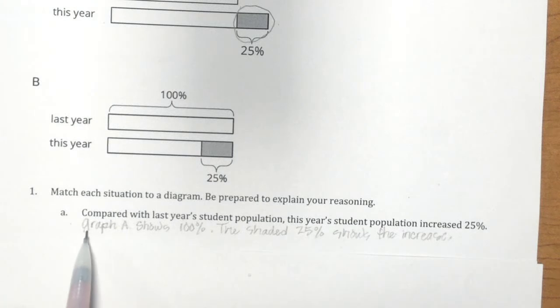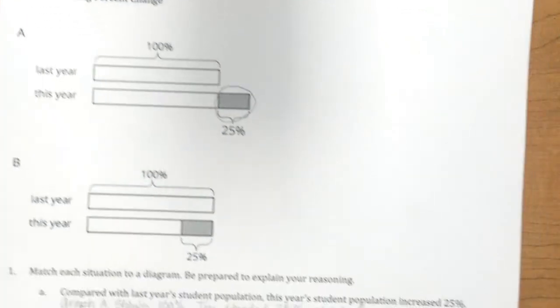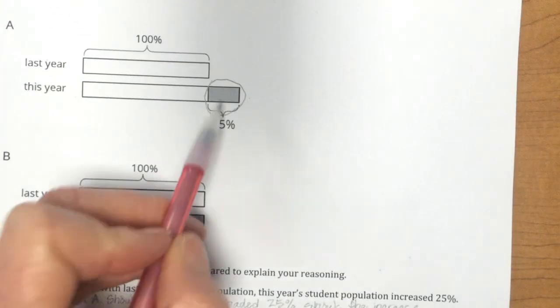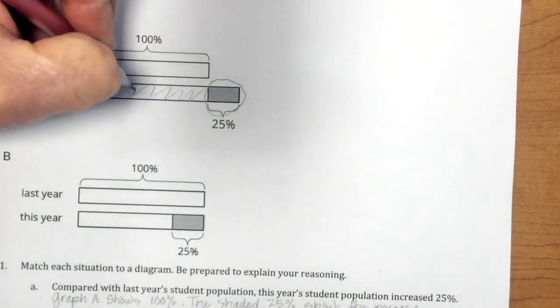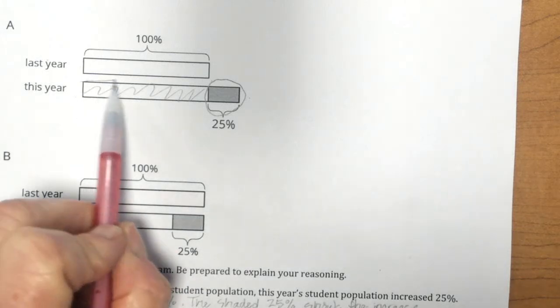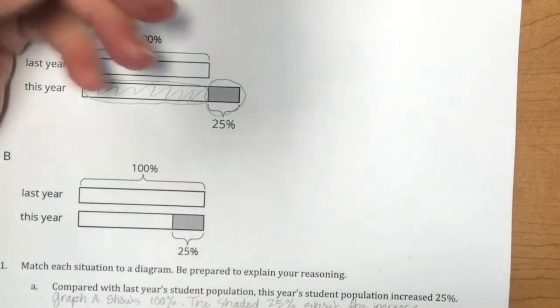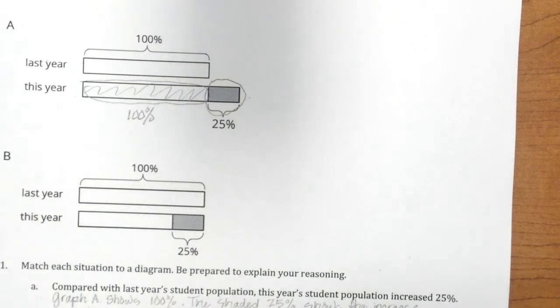So I said that it was graph A because it shows 100%, which is last year, and the shaded 25% that was added, this is the 100 right here. Then I can note that this year, which is this right here, which is the 100% from the year before, that I've added